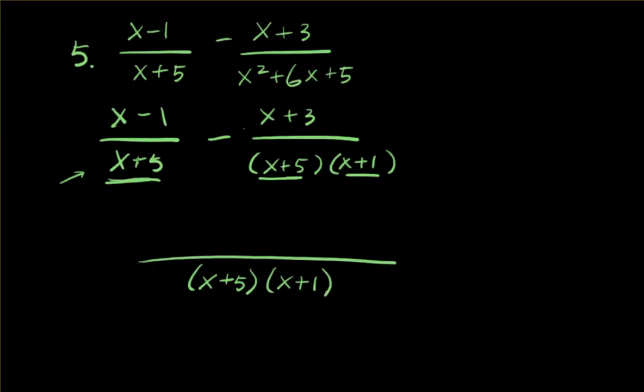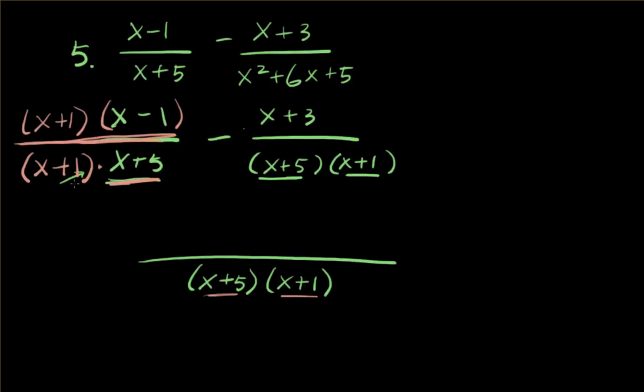So I'm going to take these two expressions and combine them. The way I do that, now that I have my least common denominator, is I compare. I have an x plus 4 here, I have an x plus 5 here and x plus 5 here. What I'm missing is this x plus 1, so what can I do? Well, I can multiply the denominator by x plus 1, and at the same time, remember, I have to multiply the numerator by x plus 1, and so that means that this denominator now reflects this numerator, and so I can go ahead and combine that,